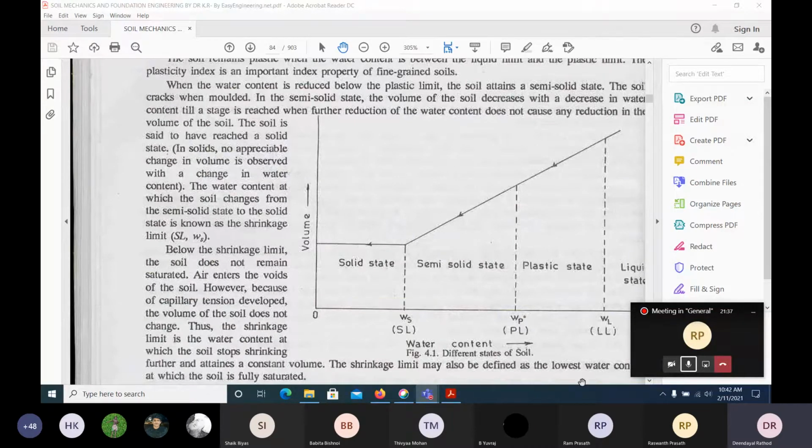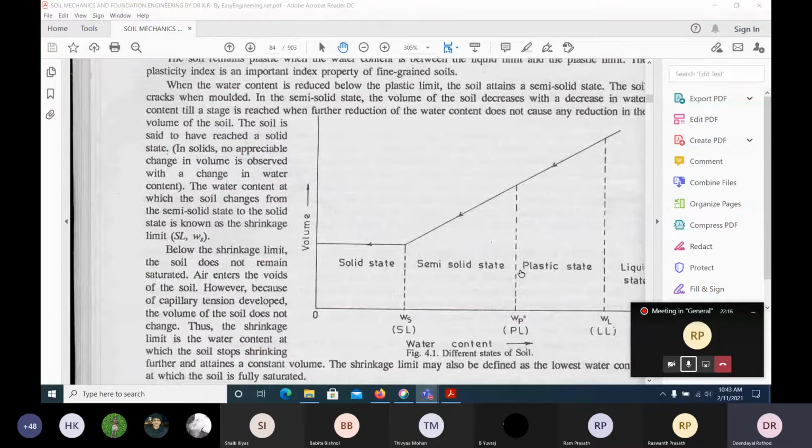Now what he observed is this is the liquid state. When the soil changes from liquid to the plastic state, that means the molding state, here we can mold it. From this water content, the right side is the liquid state, where the water content would be more. But there would be some limit where it gradually changes to the plastic state, right? That particular water content is called the liquid limit, LL.